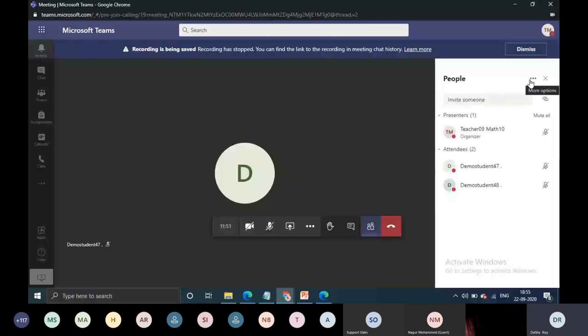And being a teacher, you can't always check when the students are joining and when the students are leaving. You need to keep track of time. So in that case, the attendance list is very essential.